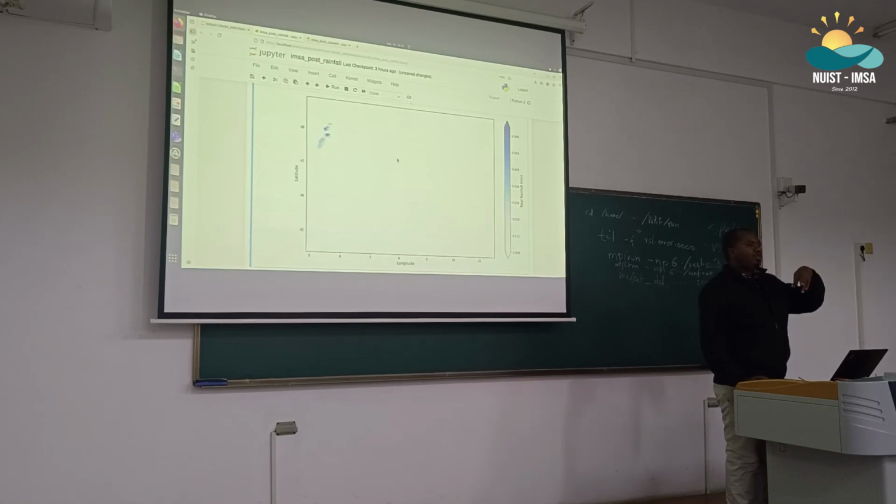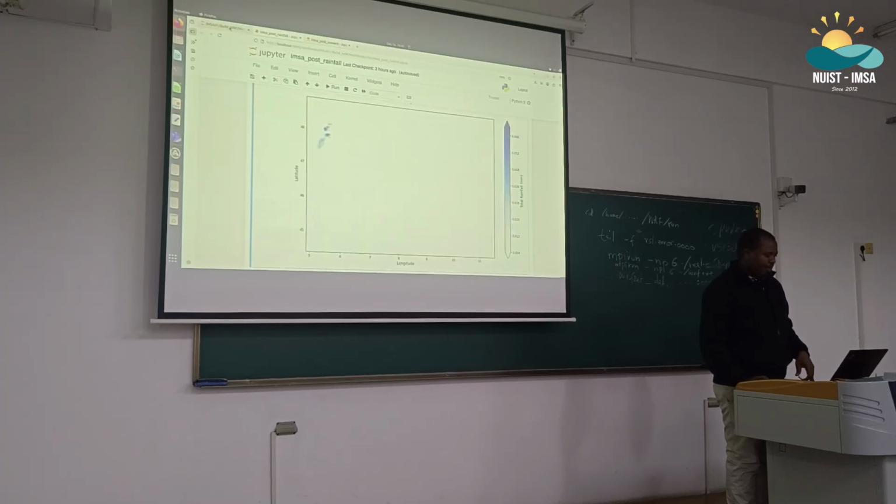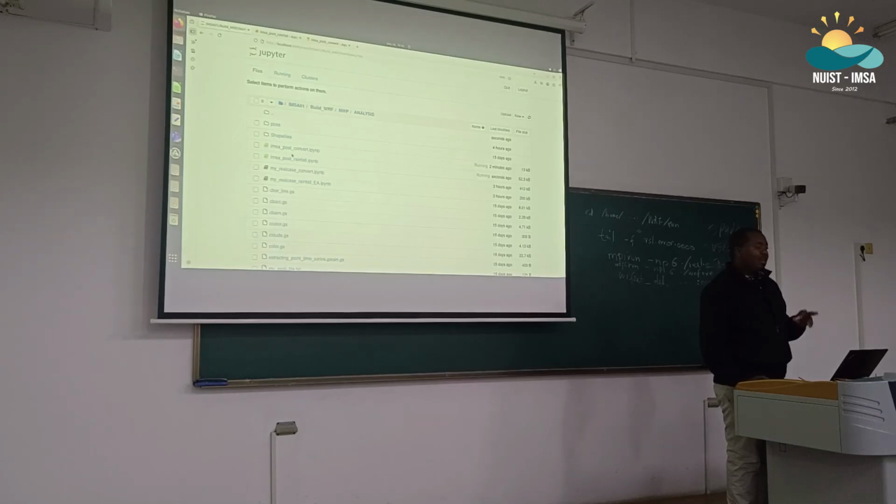So if you just follow this and change the paths, you should be able to find a longitude-latitude plot of your domain, Uganda, Tanzania, Pakistan, and so forth. Other than the two scripts I've shown here, the IMSA post, which converts the data to another format, and the IMSA rainfall, which plots rainfall for your domain,